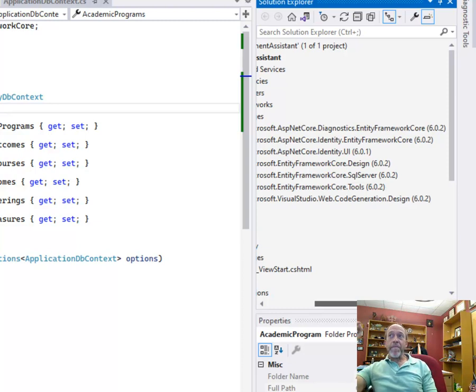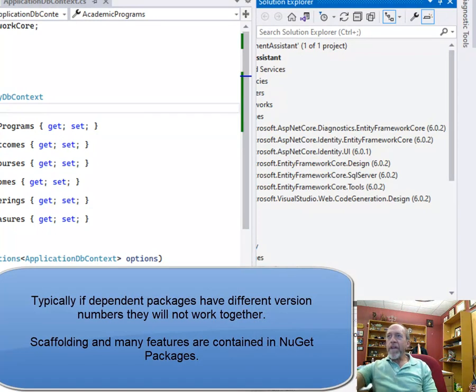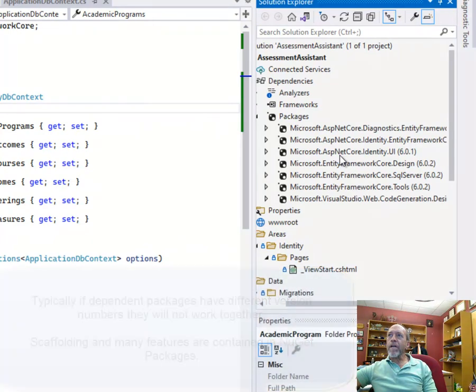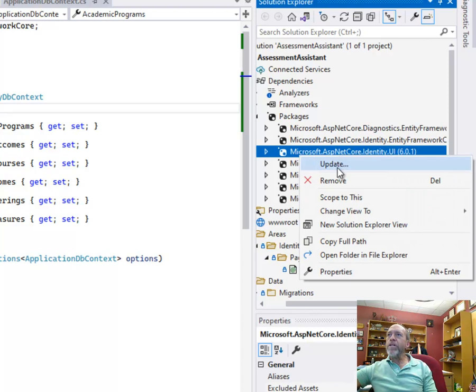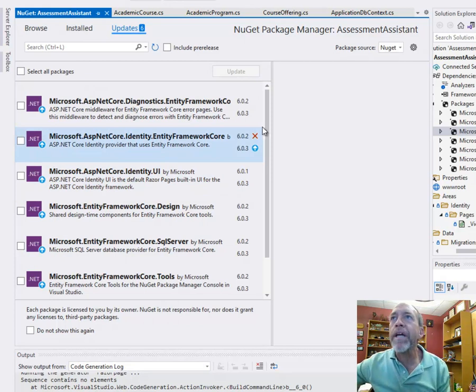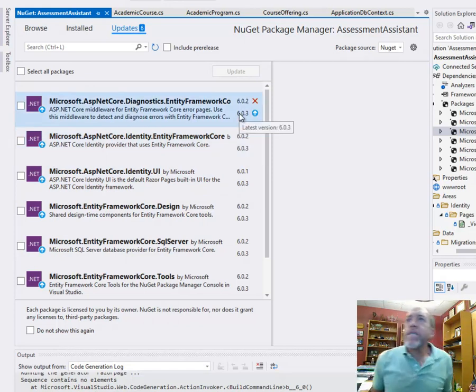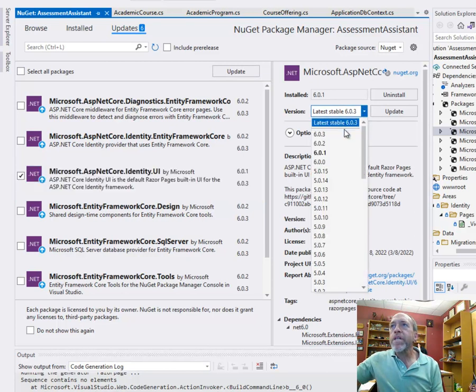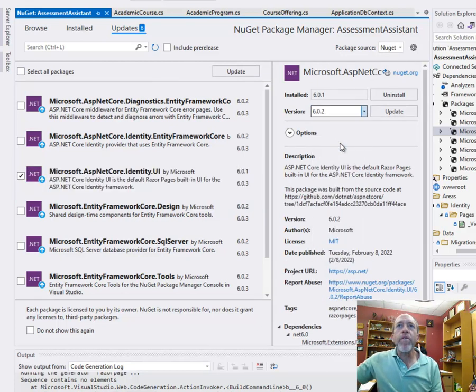This is not always going to be the case. When you're installing these, it's going to install the latest version number, and you might have one that's already installed that is a different version number. Like in here, ASP.NET Core Identity UI is at version 6.0.1. Now, what I could do is go to the update, and as you noted, it's got a number of these that it says it wants to update. Now, notice it's trying to put all of them at 6.0.3. The reality is I only would like to do this one here to 6.0.2, and that's just so that it matches